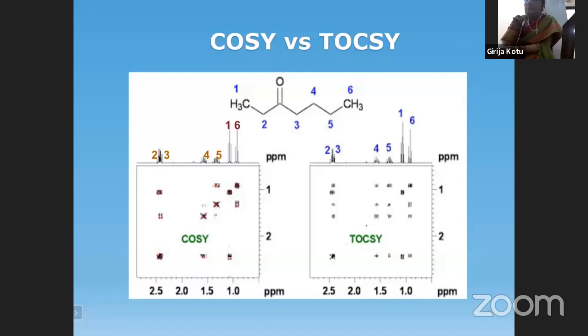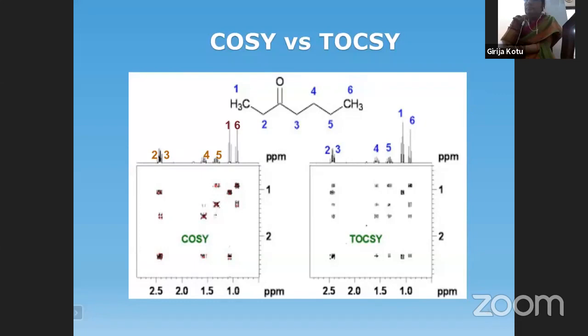So here I'll explain one. I'll not go into the details. I'll just try to explain one thing. There are 2 spin systems in this molecule, 3-heptanone. One ethyl is on one side. To the left, you have the ethyl spin system, CH2, CH3. To the right of the carbonyl, you have a butyl spin system. So to the right you have 4 spins, 3, 4, 5, 6. To the left, you have only 2 spins, 2 and 1.